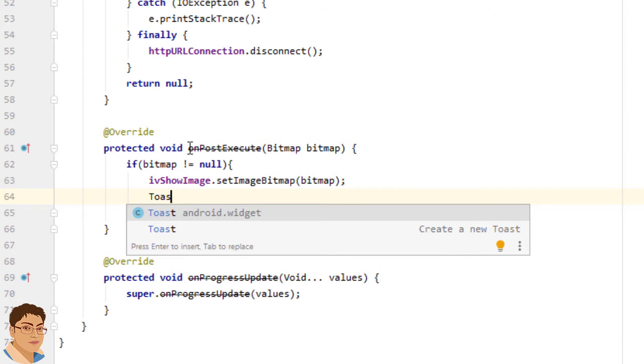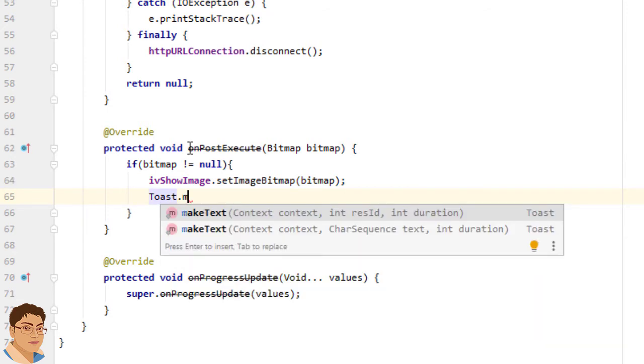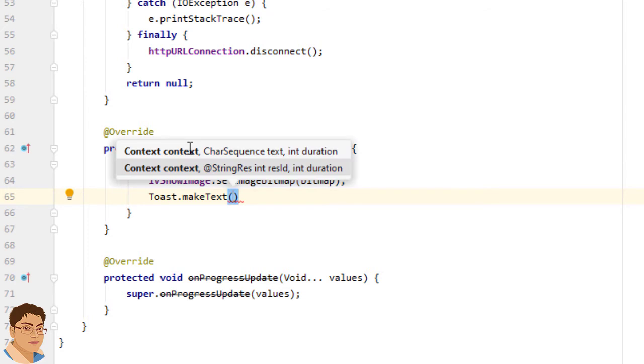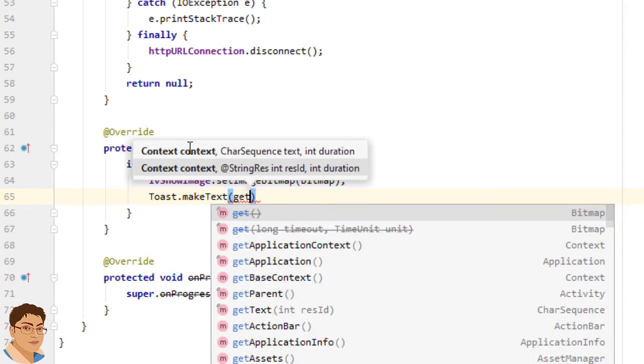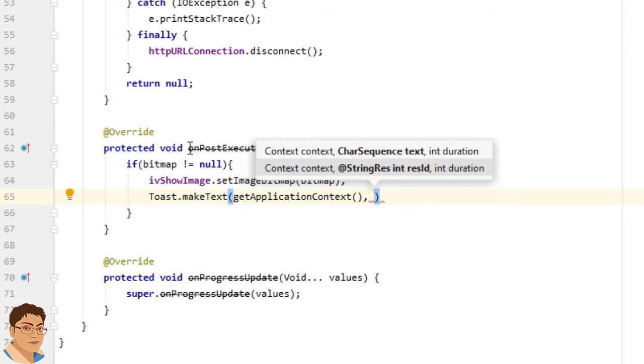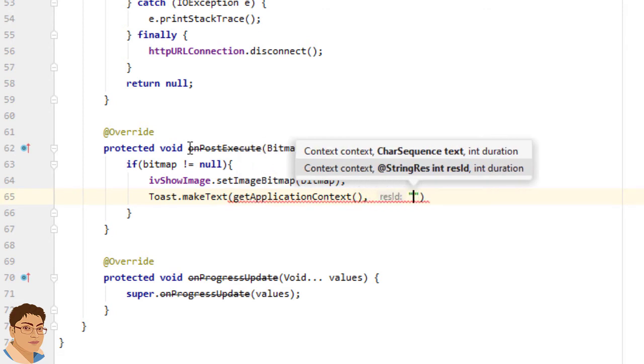So write toast dot make text. For context, you can pass main activity dot this, or you can call get application context. For text, I am going to write download successful.